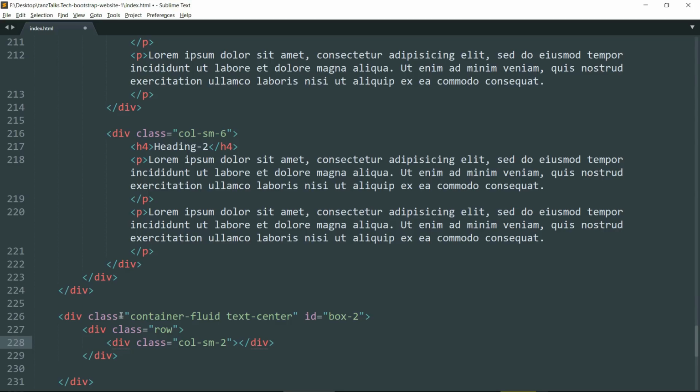Now create a h4 tag and write share. Now drop down and create an a tag referencing https://www.facebook.com. Let me just copy this thing. Now write facebook.com